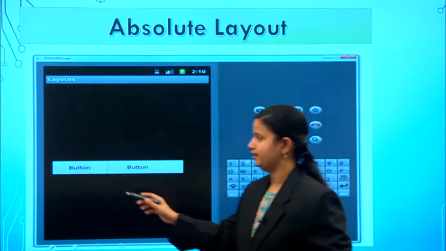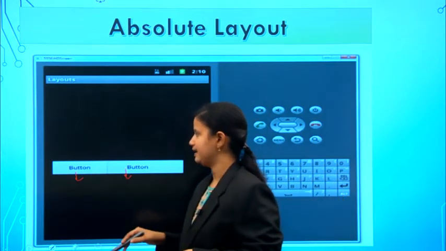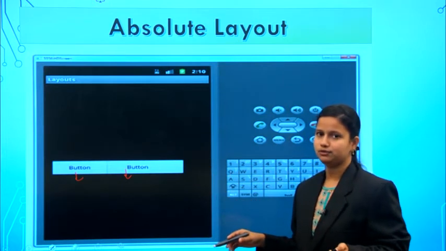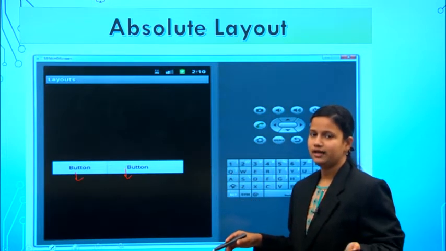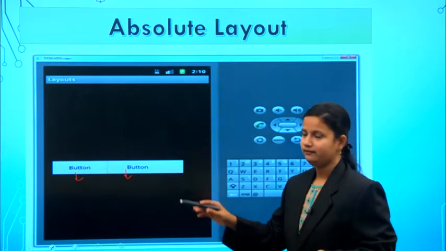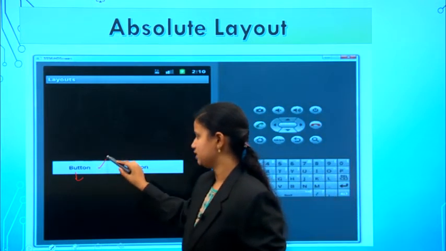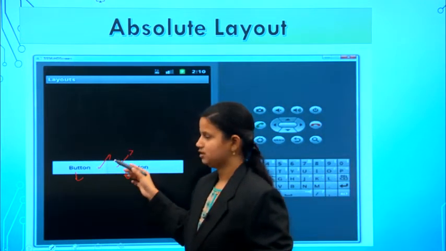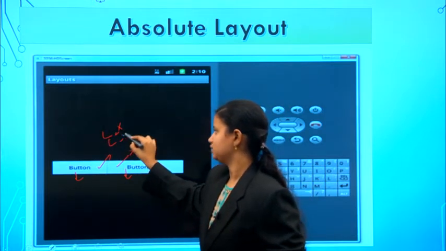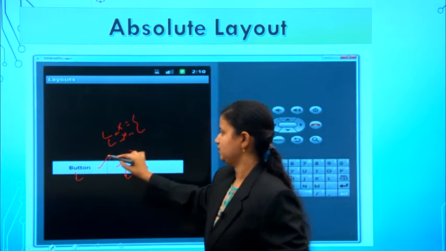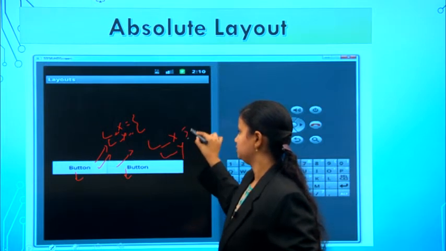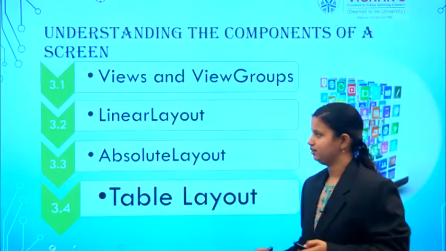So in this way we are adding two buttons based on the exact location. First of all, we have to open an absolute layout in your user interface file, that means the XML file. After that, we have to take only two buttons, and then we have to specify the width and height of each button. Along with the width and height, we have to specify layout_x and layout_y. That means the exact location of button 1 and the exact location of button 2. So in this way the output will be displayed.